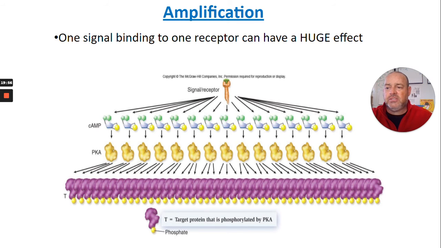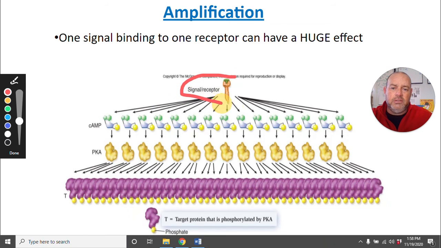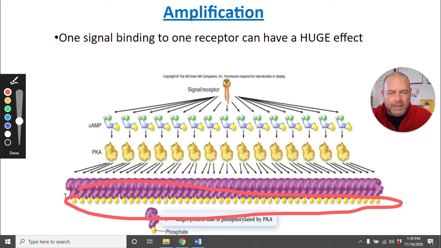Amplification. This is just kind of a quick slide. If the signal is on, if the ligand is bound to the receptor and it stays there, then the signal keeps getting propagated as long as the ligand is there. So you have the signal and receptor, the GDP out, the GTP in, the adenylyl cyclase does its job, and you make a bunch of cAMP, and the cAMP is activating PKA, and the PKA is phosphorylating all these things, right? You have all these yellow phosphates down here because everything got phosphorylated, and that's triggering